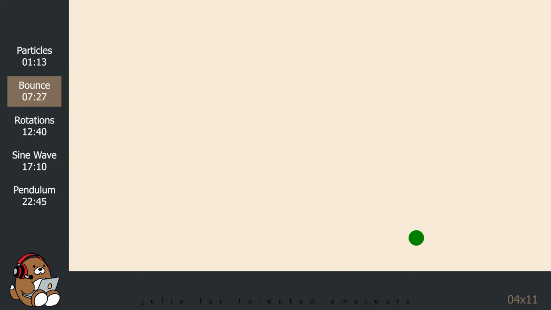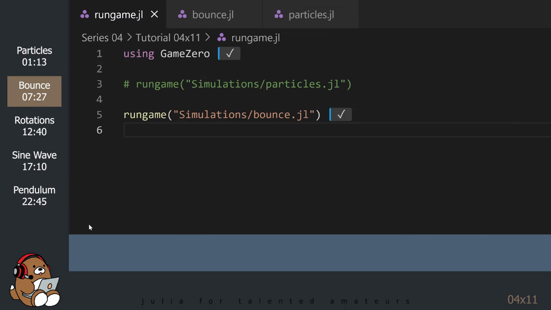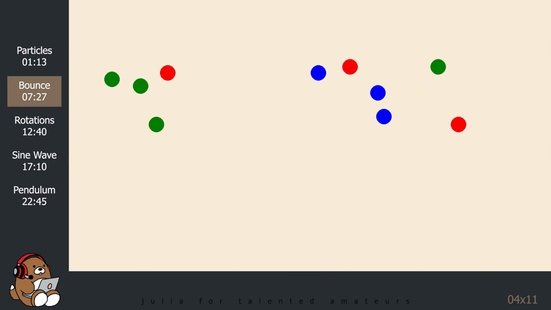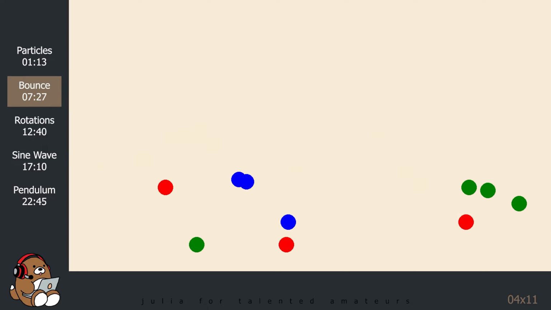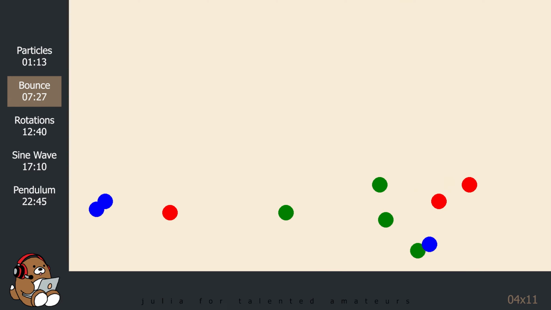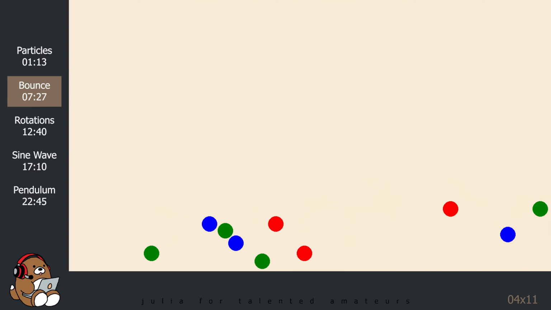When you run this simulation, you should see a single circle falling and bouncing. As the circle falls, it accelerates. With each bounce, it loses some energy, so it will eventually stop bouncing and stop rolling. Now let's try it with 10 actors. That's much more interesting. Now try it with 100 actors.